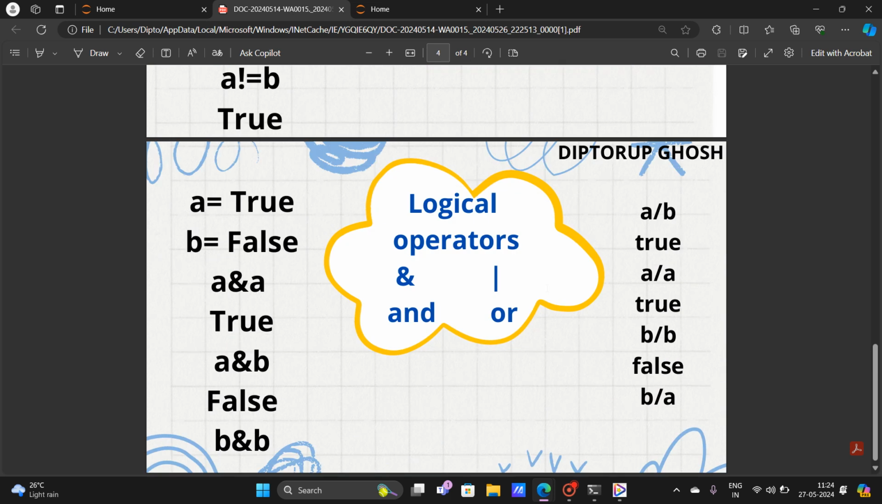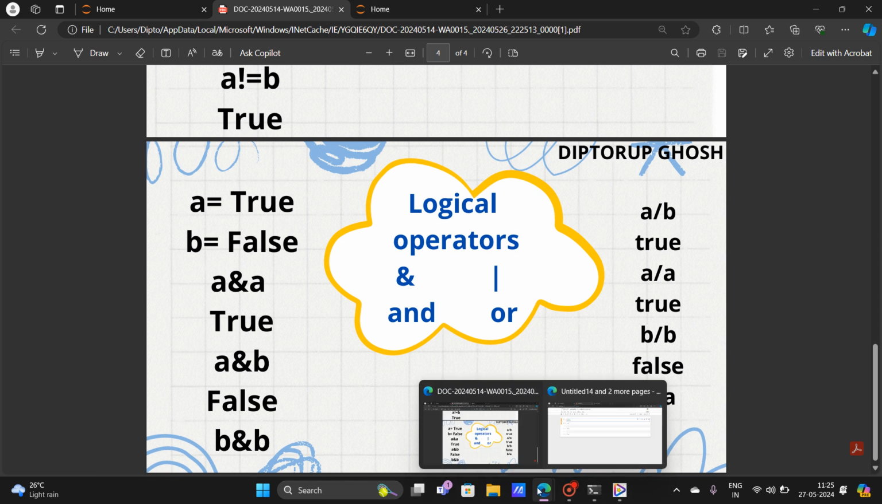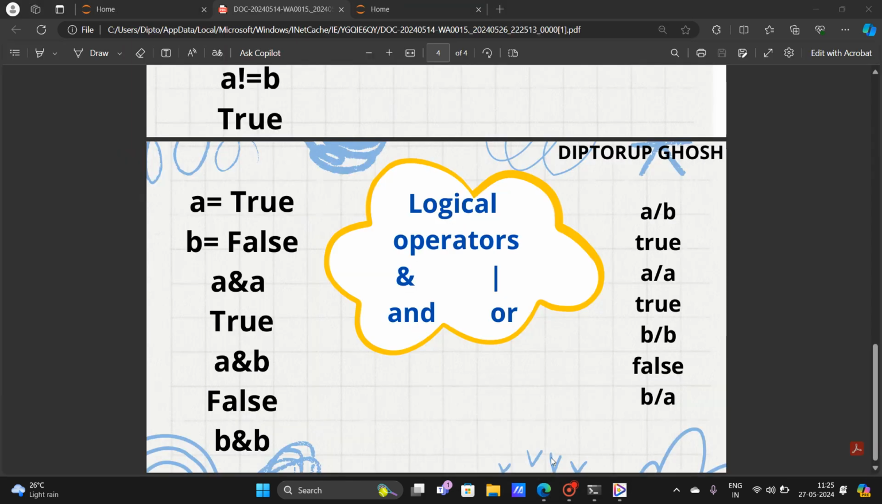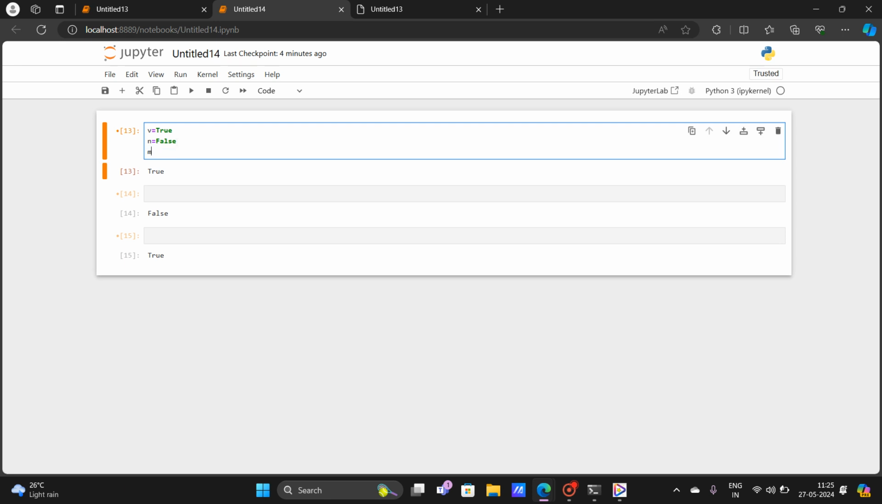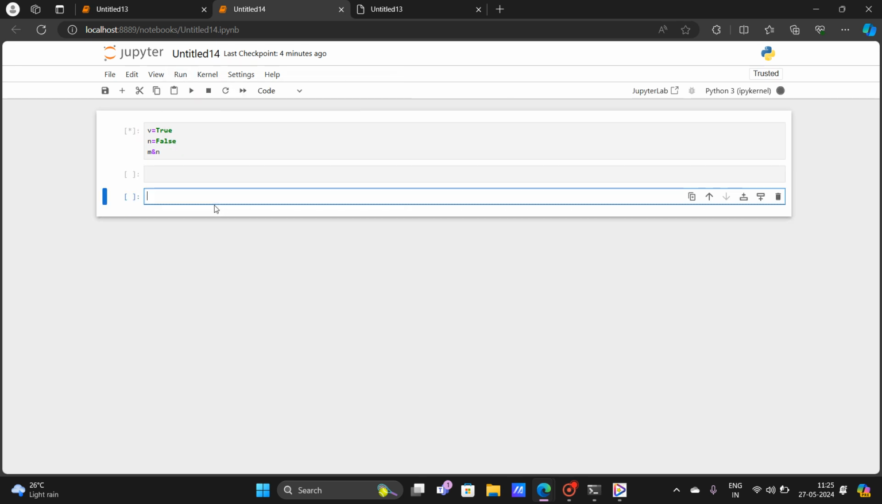And and or are the two logical operators. At first let me tell about the and operator. In case of the and operator, if A is true and B is false, then A and A will give you true. That is okay. So let me run this at first, and suppose this is V and N, and if I run this code,